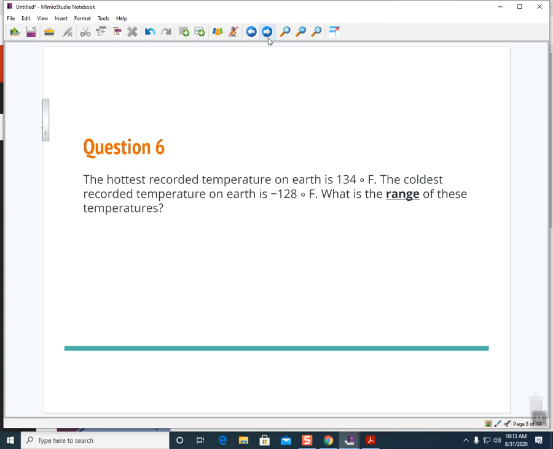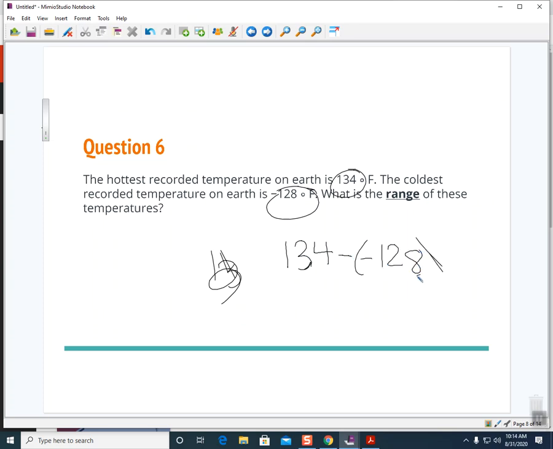This one, some people struggled with. When we talk about range, we're talking about the biggest number and we're subtracting the smallest number. So the hottest temperature recorded on Earth is 134 degrees Fahrenheit. The coldest recorded temperature on Earth is -128 degrees Fahrenheit. So if I'm talking about the range, my equation is going to look something like this. I'm going to have 134 minus